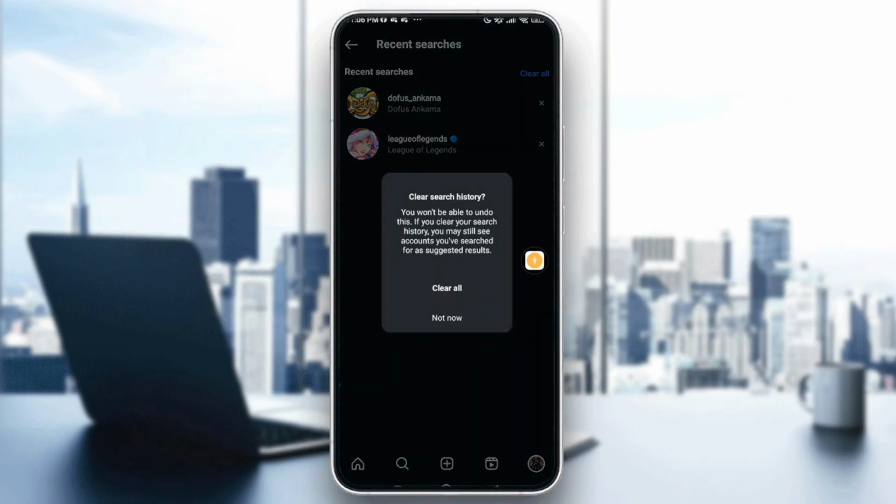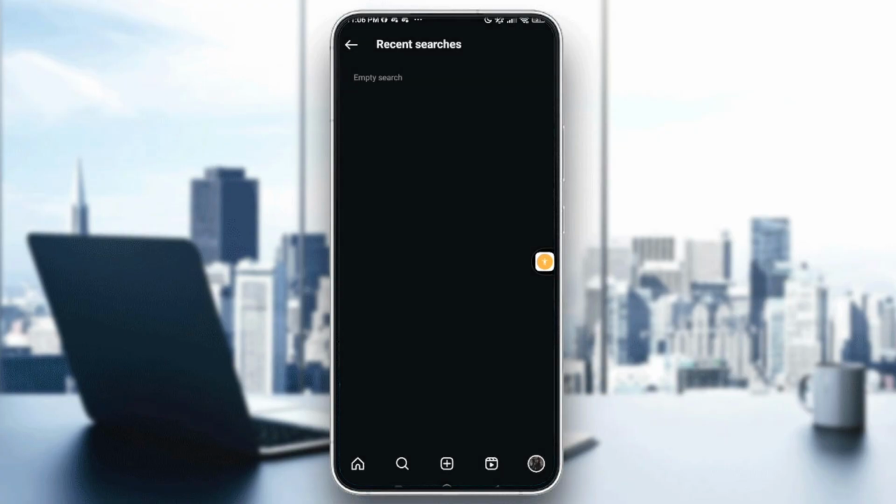So here it says you won't be able to undo this if you clear your search history. You may still see accounts you have searched for as suggested results. So you just go into clear all, and I may add some notes, or I can give you some extra